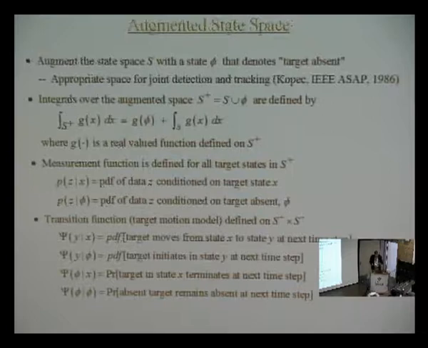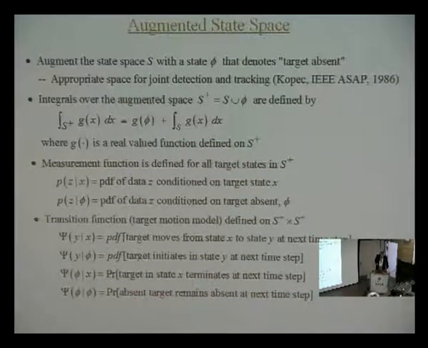To get directly to the tracking then, I'm going to augment the state space S, which is typically, like I said, your usual target state space, position, velocity, or whatever you like, actually. I'm going to augment it with a state that I call phi, which denotes target absence. I think it's a very appropriate space in which to pose problems that are joint detection and tracking problems. It was first done by a man that I know of in tracking applications,